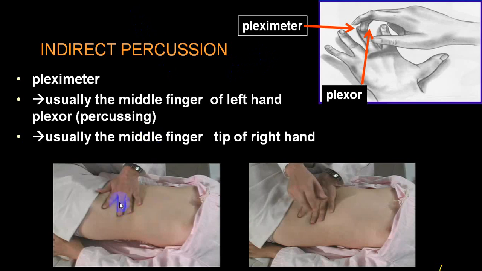The majority of the time, the middle finger is in close contact with the abdominal wall. Very few people utilize the index finger. And even while percussing, the middle finger of the percussing hand is utilized. The movement is done at the wrist joint, and at a time you give one or two jerks. All the jerks are of equal force.